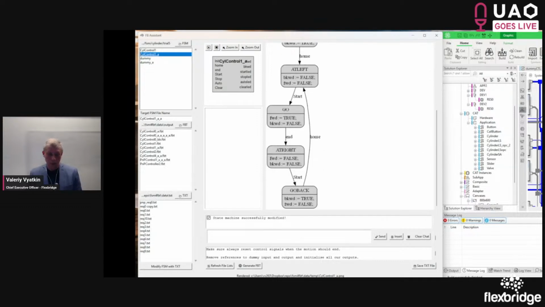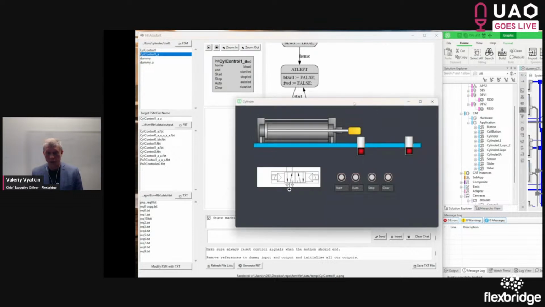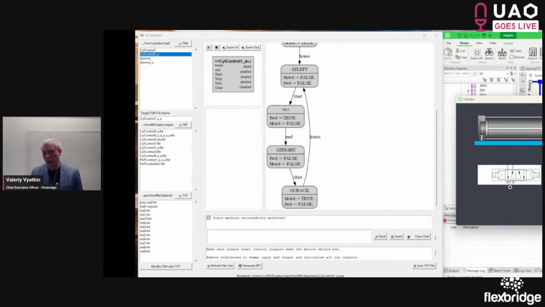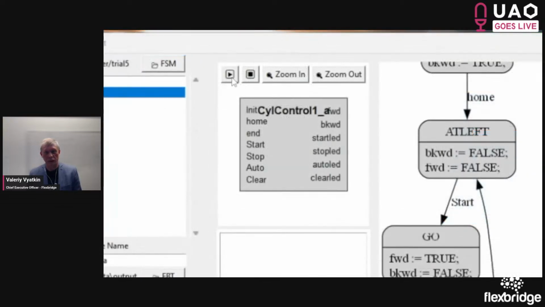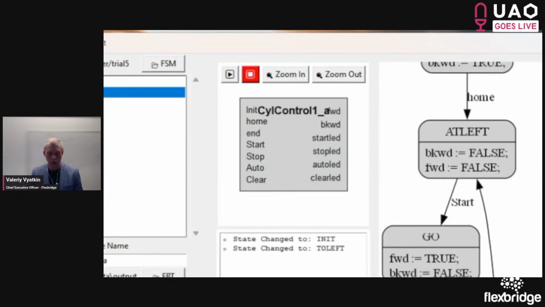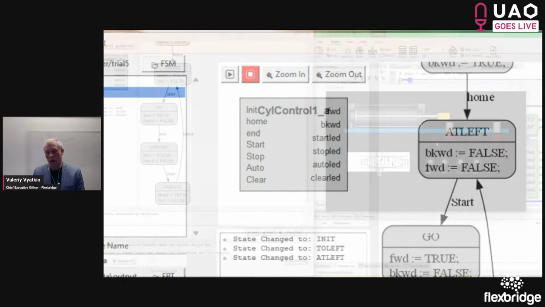And now what we can do in this function block assistant, we can go and connect to EcoStruxure Automation Expert soft PLC directly from the assistant. So we have here the magic button that we press, and with that we start simulation. So we start the simulation, and you see in the log window that it goes to state init, then goes to state left, then changes to state at left, and here it's supposed to wait for the button press. That is in our HMI.